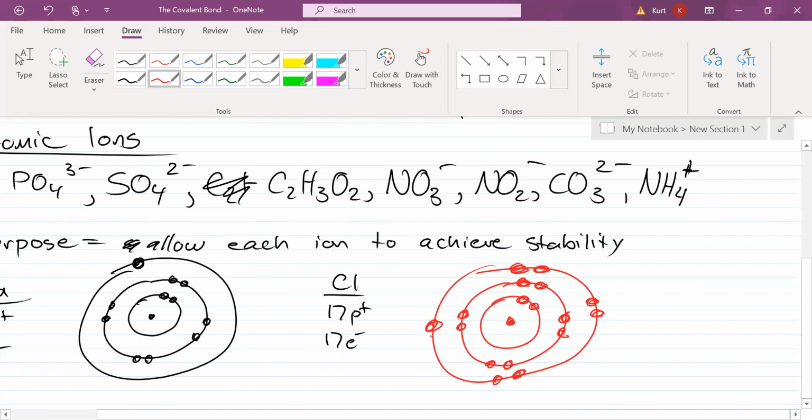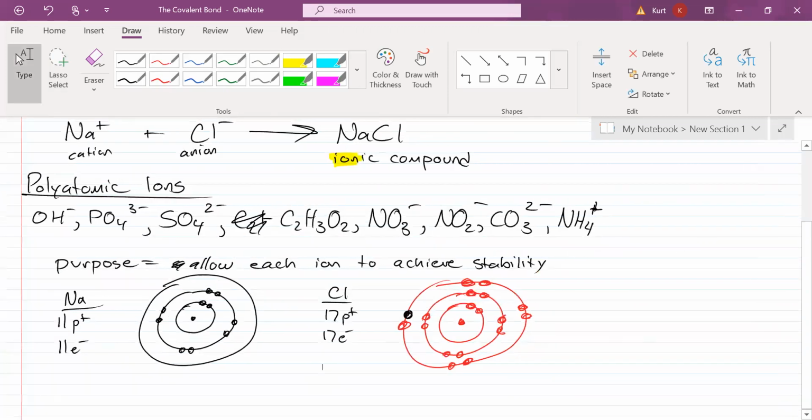Okay. Now, neither of them are achieving an octet. An octet is when you have 8 valence electrons in the outer energy level to make you stable. Sodium has 1 valence, chlorine has 7. So here's what we're going to do. We're going to take this 1 valence electron from sodium, we're going to move it over here, and that is going to make both sodium and chloride